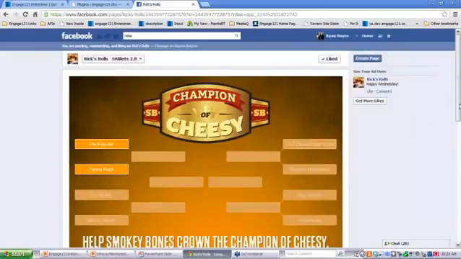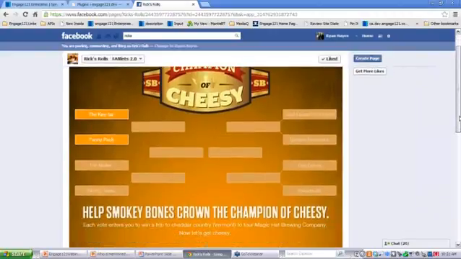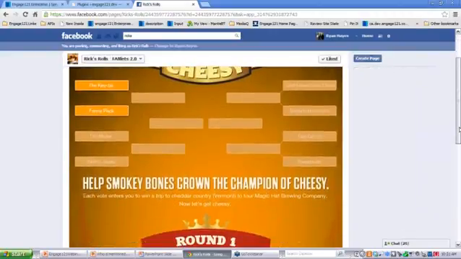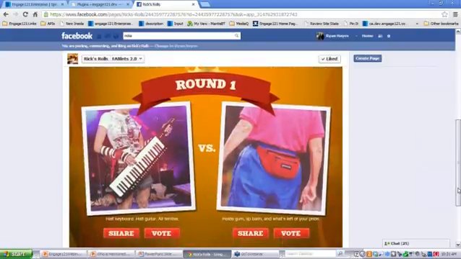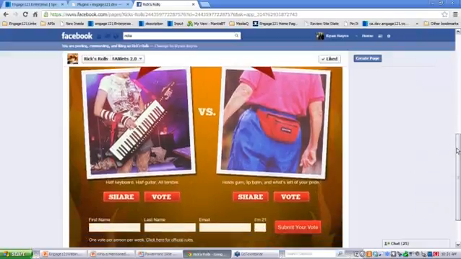And so all this really is a modified email collector. They've got their image up here, which has their bracket. And as we scroll down, we see that we're reflecting round one right now, and that's between keytars and fanny packs. So they've provided the images for all this, and then as far as the email collector is concerned, it's really